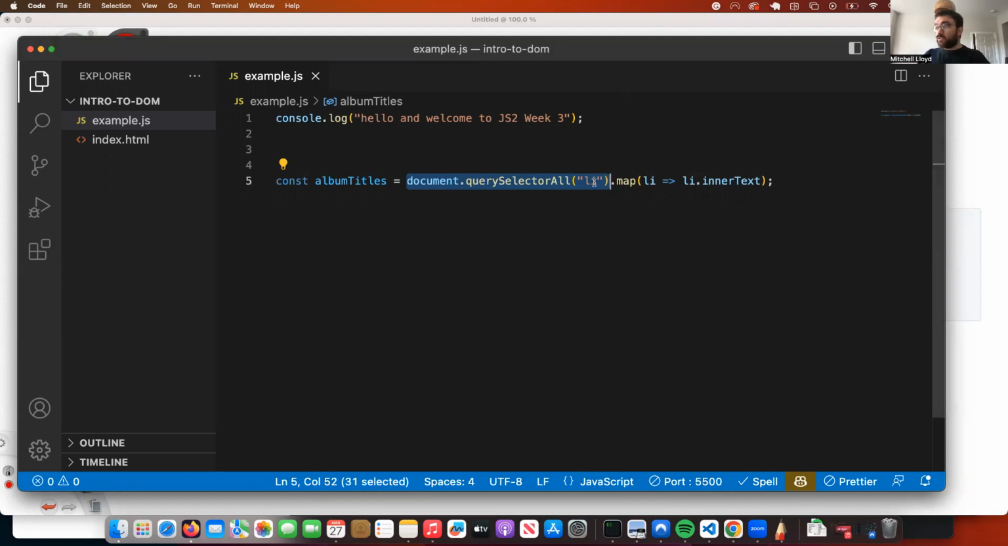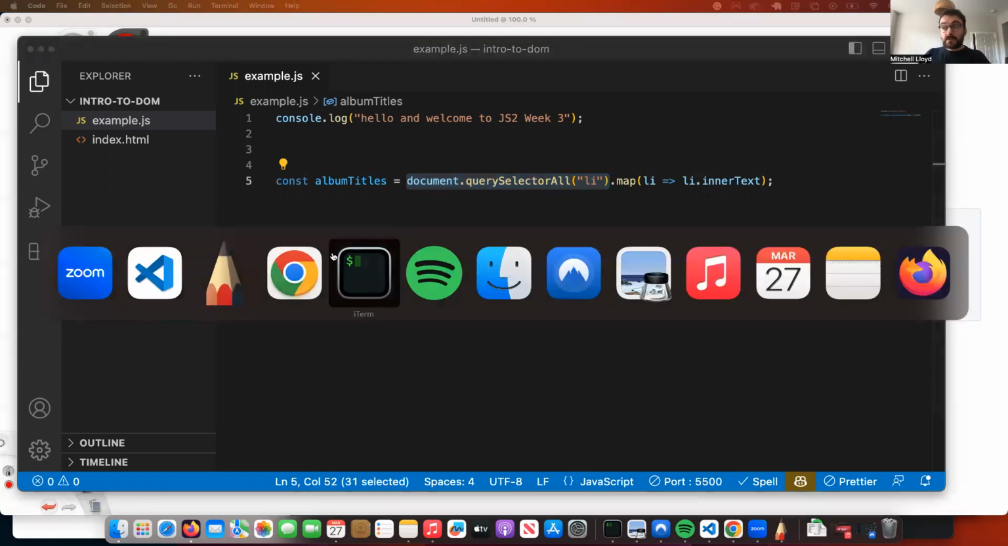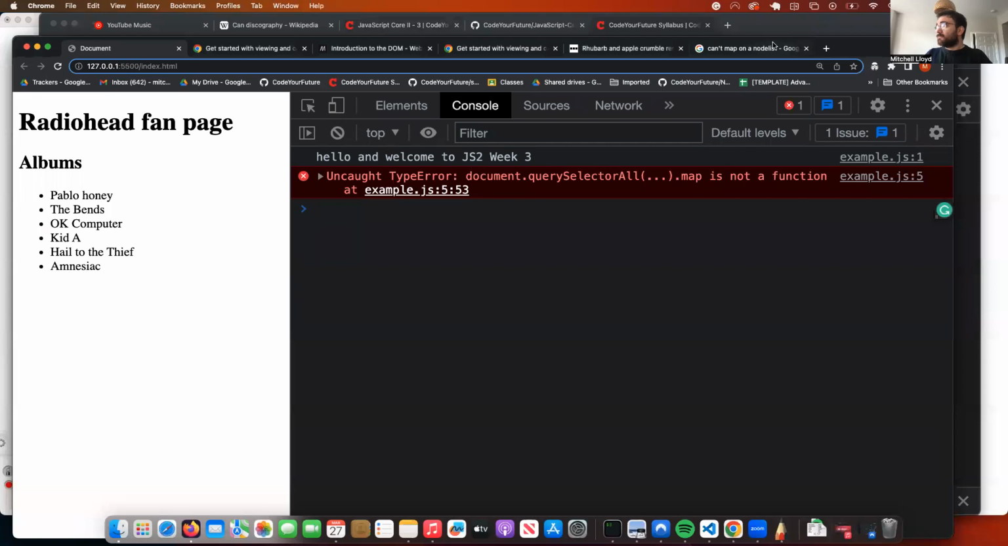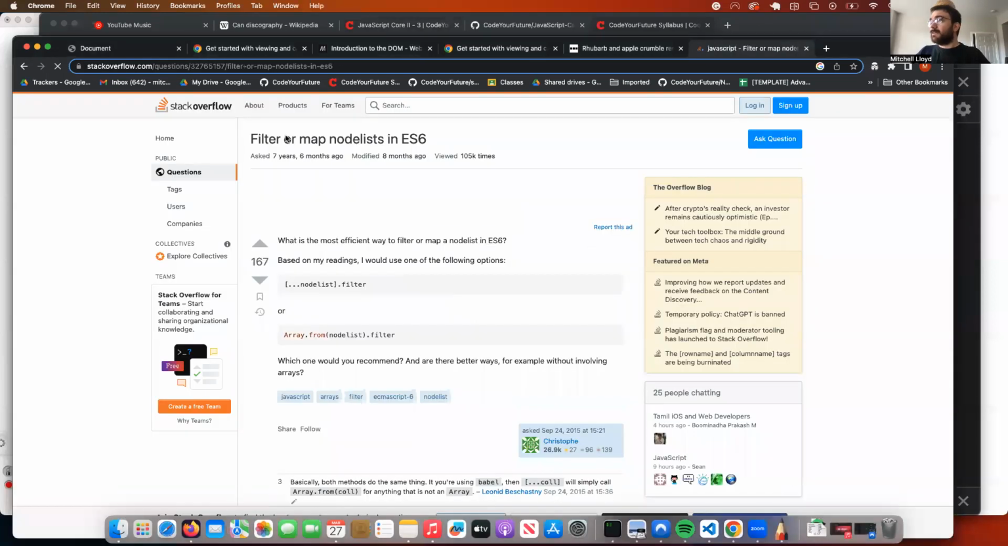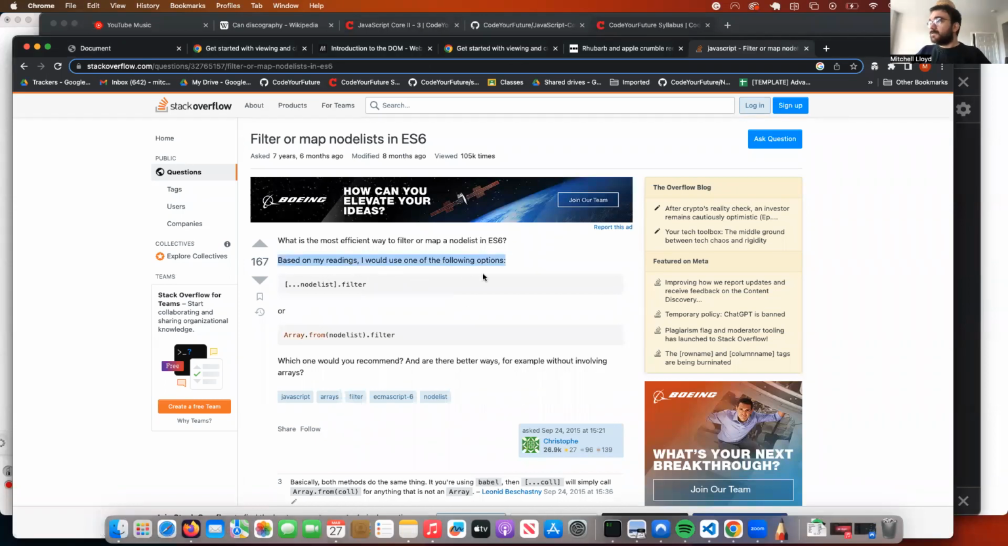So in order to fix this problem, I can consult Google, and Google's going to tell me something about the fact that we have these two options here. So we can do [...nodeList] or Array.from. So if you've not seen this syntax before, the three dots are the spread operator, and it's going to allow us to create a new array